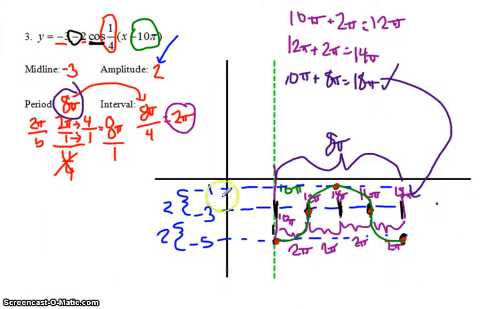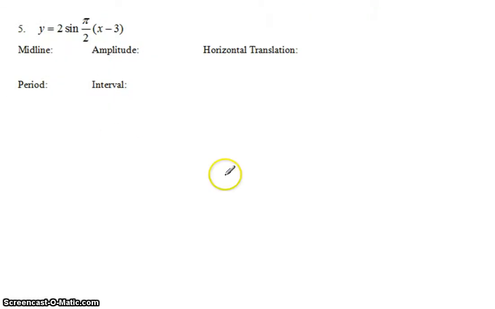Okay, I'm going to go ahead and do the next one, number 5. I'm not going to go into as much detail on this one. We're going to go faster. My midline, I'm not adding or subtracting anything outside the parentheses or at the beginning of the equation. So that is going to be 0. My amplitude is going to be the number in front right here, and that's going to be a 2. My period, remember, that is going to be